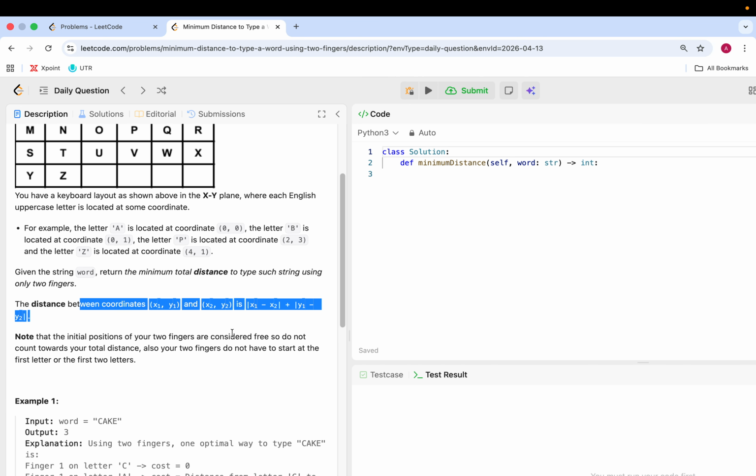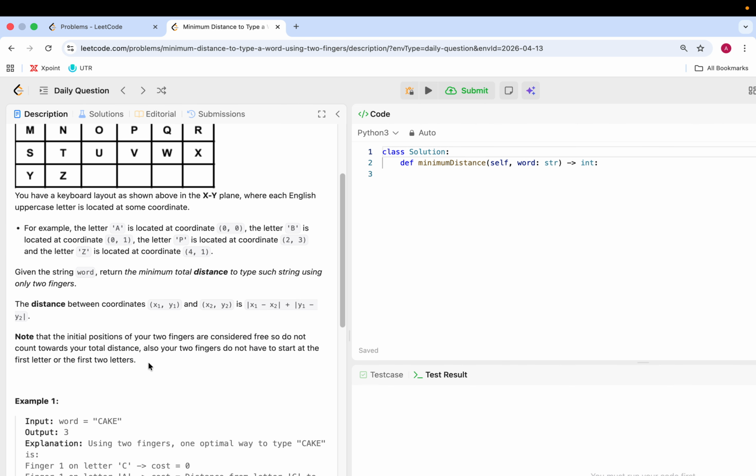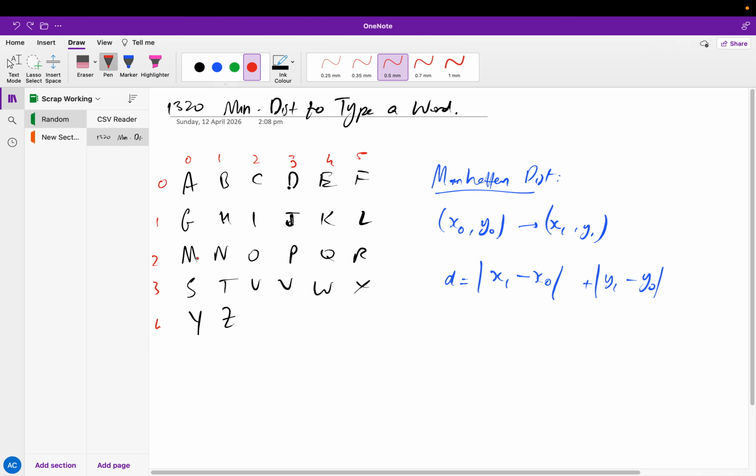So if we look at an example, the other thing is the initial positions are free. Where you choose to place your fingers at the start doesn't cost any distance. And you don't have to start on the first letter or the first two letters necessarily. I think the very first example, from memory, shows a case where you wouldn't put your first finger on C and your second finger on A. So, for example, if the word is equal to cake,